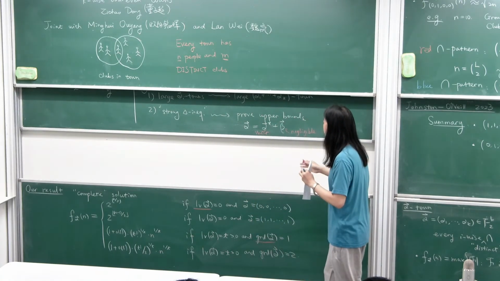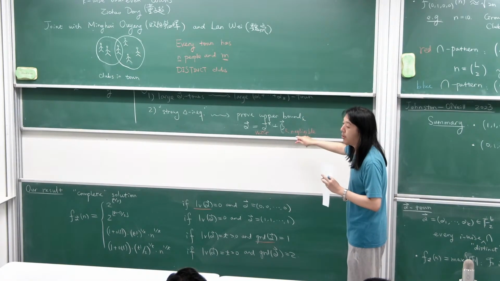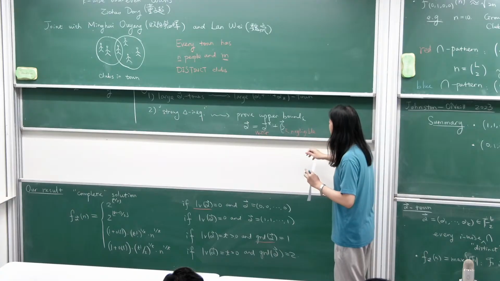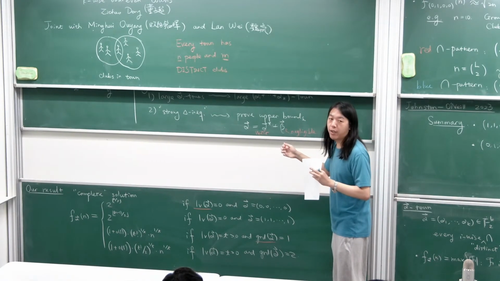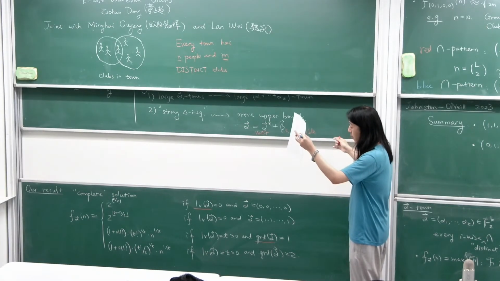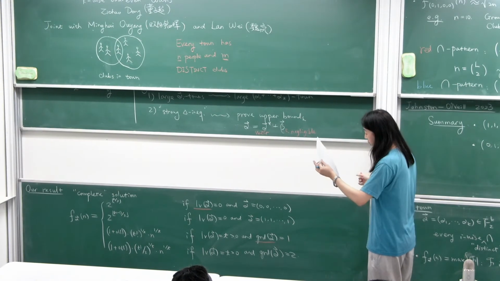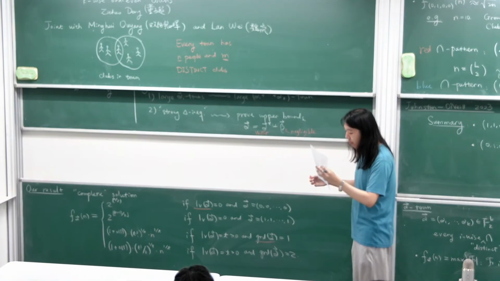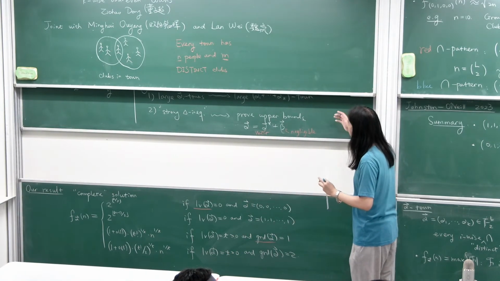So what I want to say is that up to the contribution to the upper bound, this term is negligible. Yeah, this is the high-level idea behind the proof, which I'm not going to go into further details. I think I'm kind of running out of time, so let me briefly explain what you should do